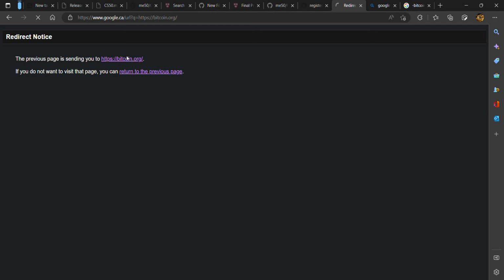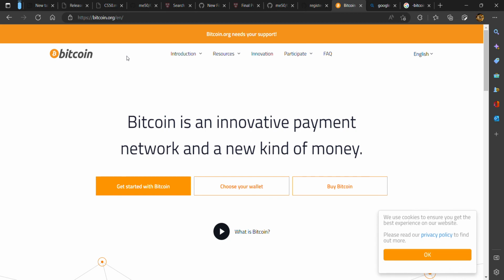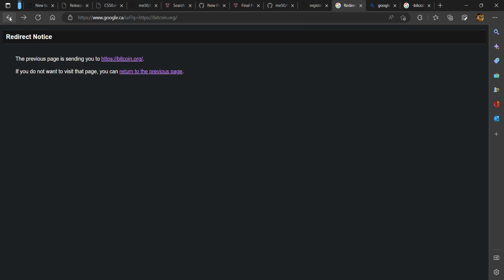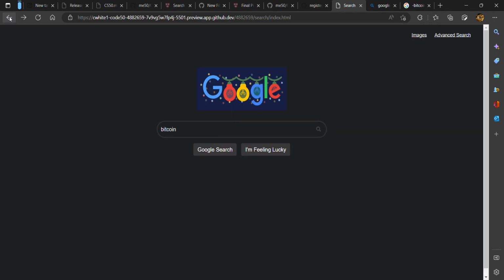And you bypass that, and it will take you to the first page that you're supposed to get. Everything functions the exact same as Google's original search, and as you can see, is designed in the same way